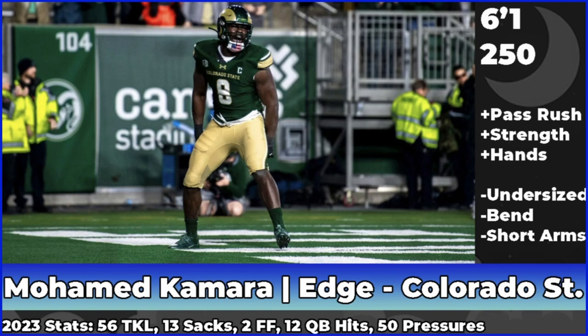Obviously, though, when you are an edge rusher, you want them to be maybe around that 6'3" area. I don't think that affects Kamara's draft stock too much. Obviously, he didn't play as great of competition as everyone, but the dude still had 13 sacks and 50 pressures. Those are absurd numbers. Yeah, he doesn't have the bend that the elite guys have,